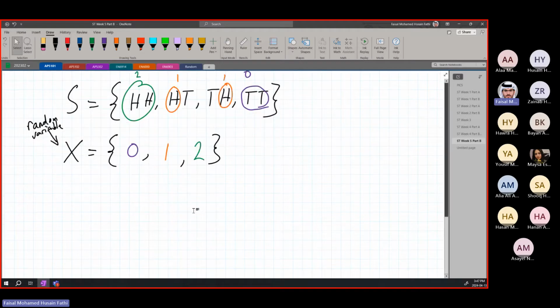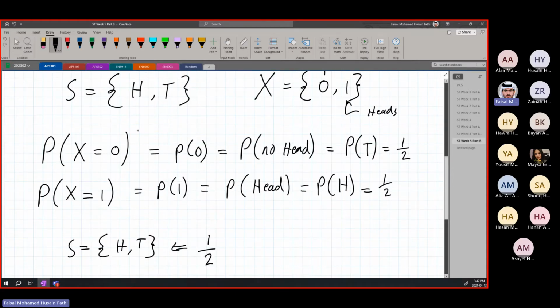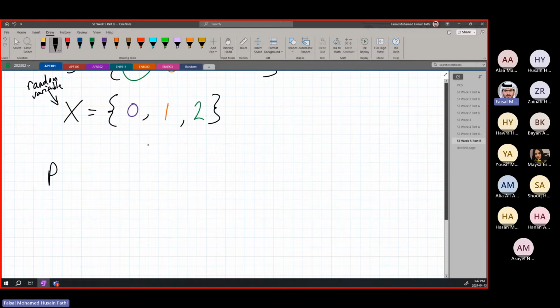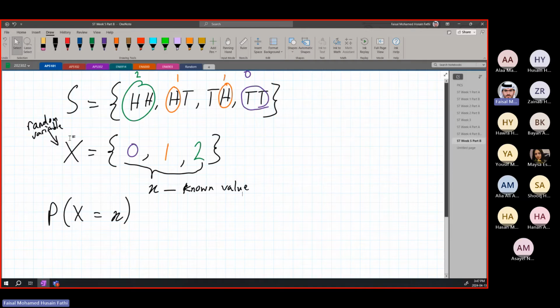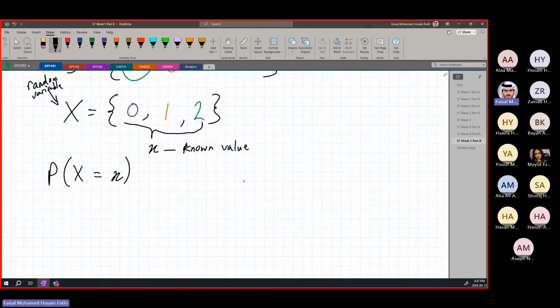So if we want to solve this the same way as earlier, remember P of X is equal to x. Again, this is the same thing. The small x is one of these values. It is a known value. Actually, it's not a variable, it's a known value. The large X is our random variable, and the small x is just notation, the way they define things. So if we want to go step by step, let's see for x equal